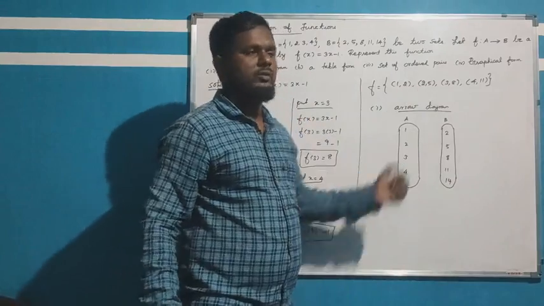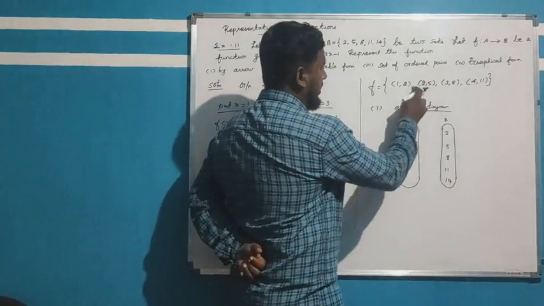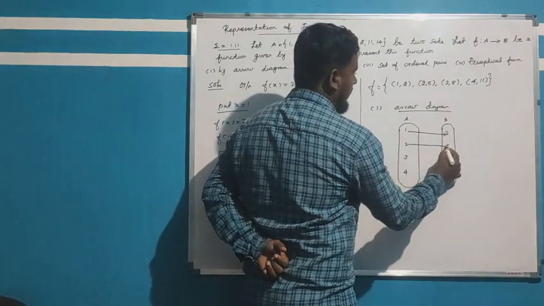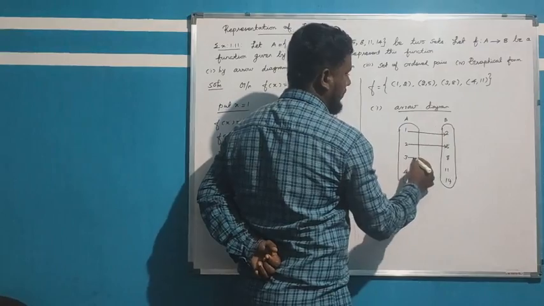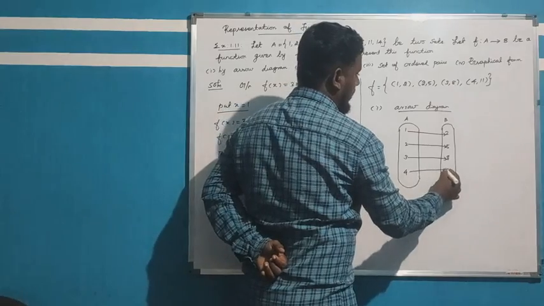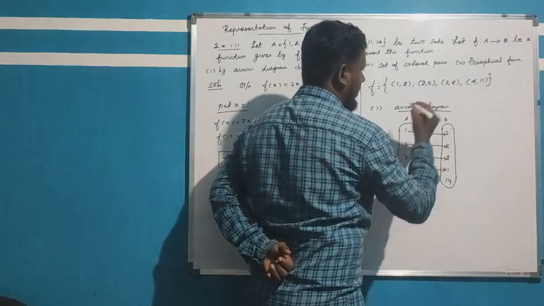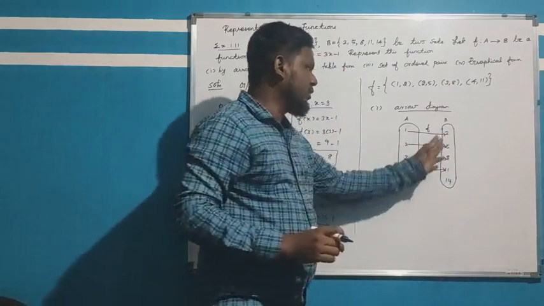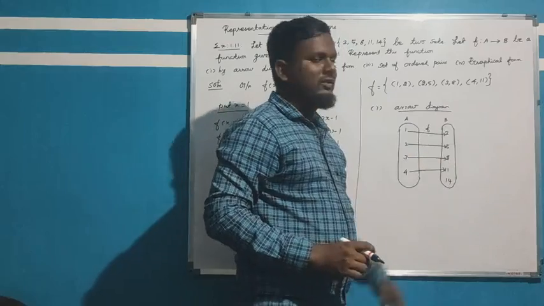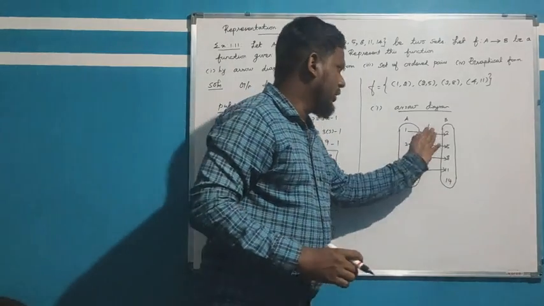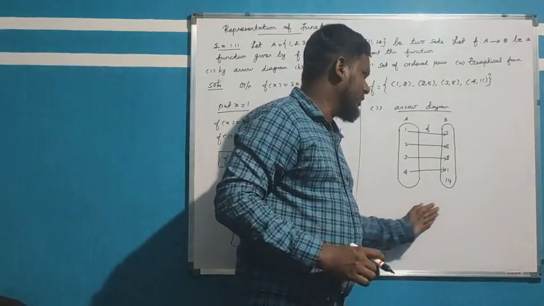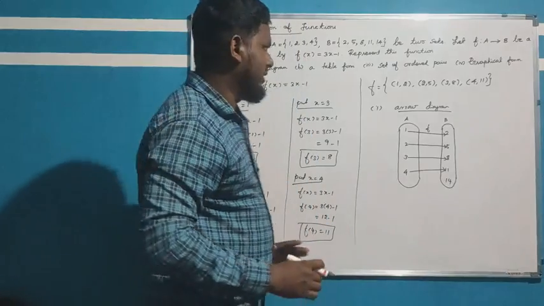So then what is the function given here? What is the relation of the function? We can consider 1 comma 2: 1 is related to 2. 2 is related to 5. Then 3 is related to 8. 4 is related to 11. So in this, it is only a function. All pre-images have one image. So here you can write: every pre-image has one image. Therefore, it is a function.